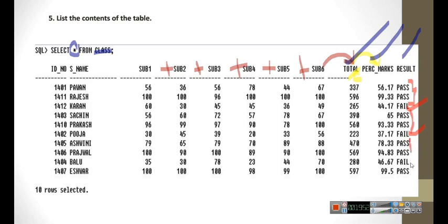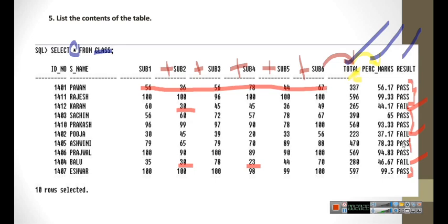Here you can see. So here 1, 2, 3 failures. So under this you can see any one of the subject is less than 35. Here you can see 2 subject is less than 35. One more failure student. Here you can see one subject he is having less than 35. So see one of the pass condition. So all the subject he has scored more than 35. So it is pass.